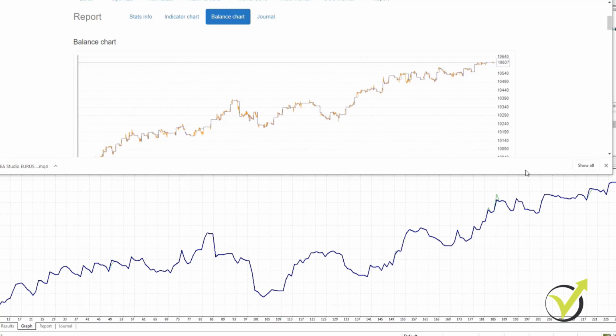So as you can see, there are two ways to do the backtest. Very important to do it. That is actually how you can test how your strategy would have performed in the time period that we are testing here. And it is absolutely vital to run backtests on all of your strategies just to check how they would work in market conditions. And remember that any rules that you apply in Expert Advisor Studio to your strategy before exporting it as an Expert Advisor will remain in the Expert Advisor when you place it onto your chart in MetaTrader.